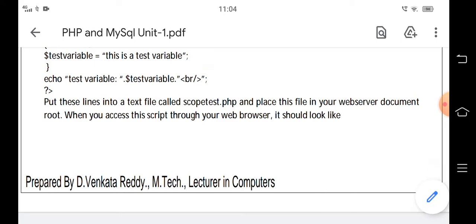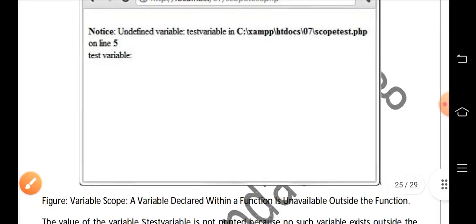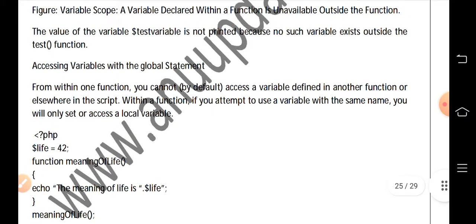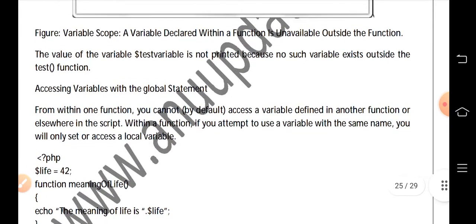So the output will be undefined variable. Got it? Then this is about local variables. Local variable means their scope is only up to that particular function, and once we execute a function, the variable will die.